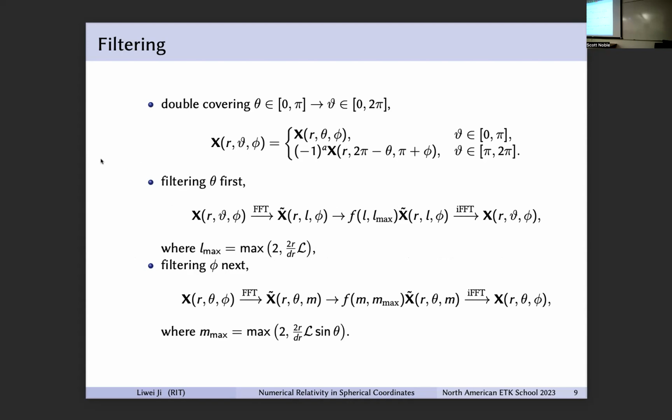But because theta is only from 0 to pi and it's not periodic, first we need to do a double covering. So this is the original field. We extend it from 0 to pi to also pi to 2 pi. Then this function will be periodic, and we can use the FFT